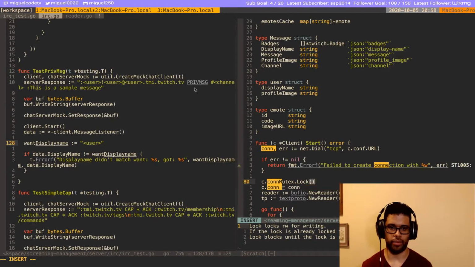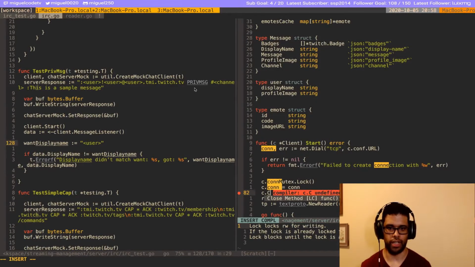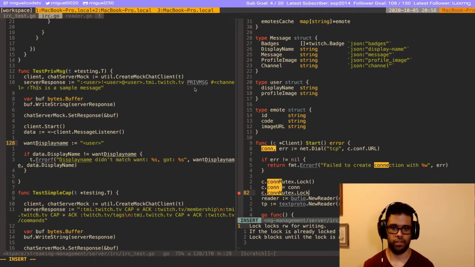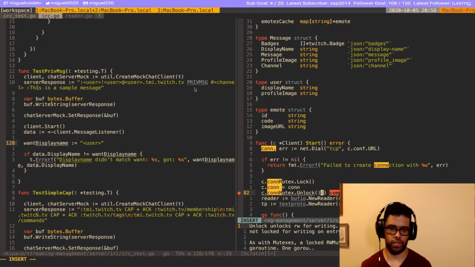We're gonna lock there because we're taking a connection, and then we're adding it here. So we're gonna lock here. Okay, so we have that.